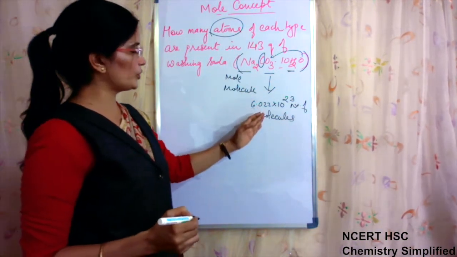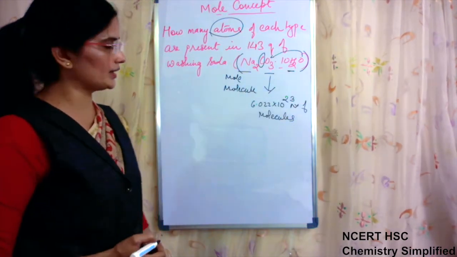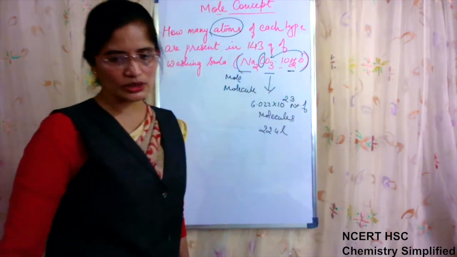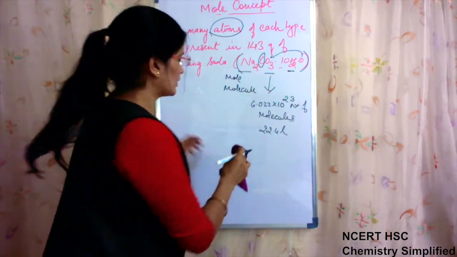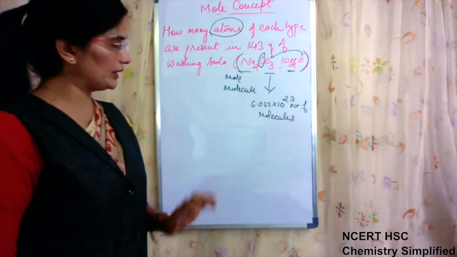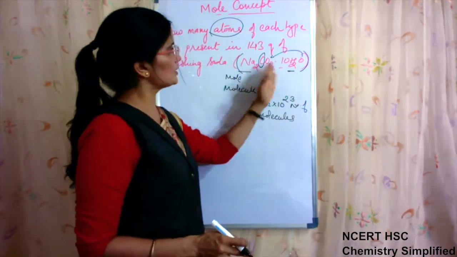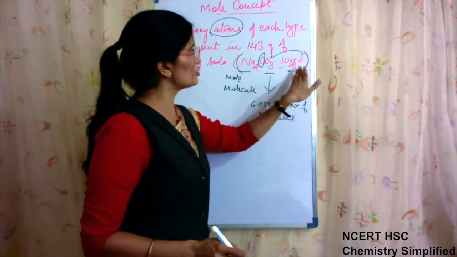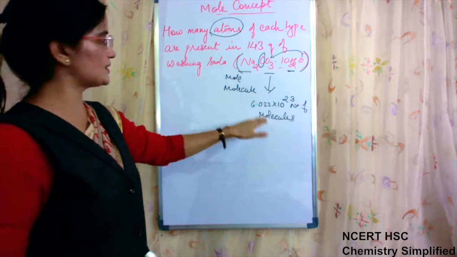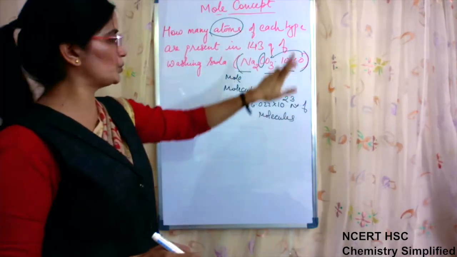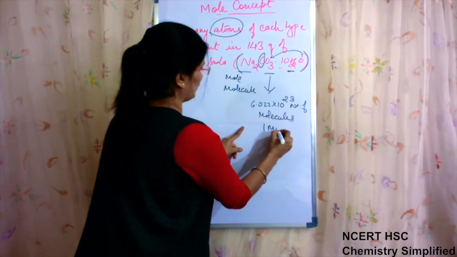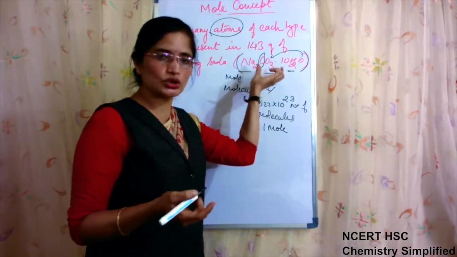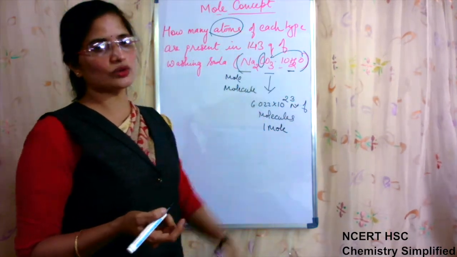These many number of molecules are present in this formula which I have written. In terms of volume, 22.4 liters, but volume is not needed in this question, I am just telling. So the volume of this is 22.4 liters and the number of molecules in this is 6.022 × 10^23 molecules of washing soda when we are writing it as 1 unit, and this is also 1 mole. Now what I need to calculate is its actual molecular mass according to the formula.